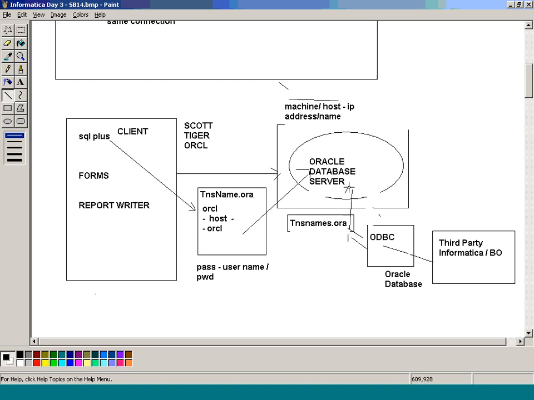I'll show you where you will specify. So Informatica or business objects or any tool, if it wants to connect to any database, it needs an ODBC driver or ODBC utility program. They have SQL Plus and Forms and all, they are native connection. They have directly connected, they don't need ODBC drivers. But they will connect through a tnsnames.ora file. Third party tool, along with the ODBC, it will go and connect to the tnsnames.ora file. So this is the importance of tnsnames.ora file